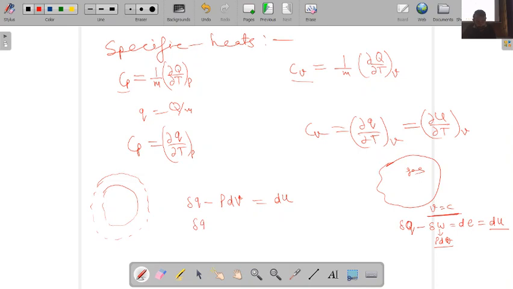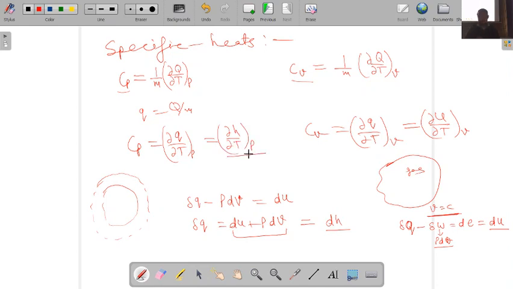So del Q becomes du plus Pdv. What is du plus Pdv? We have just seen H is equal to U plus PV, so that is nothing but dh. So here I can write this as del H by del T at